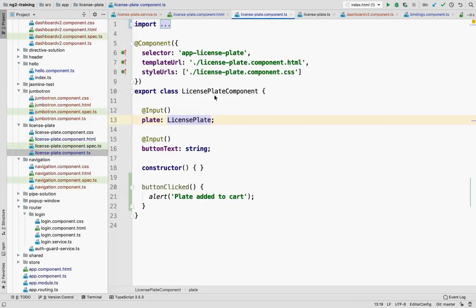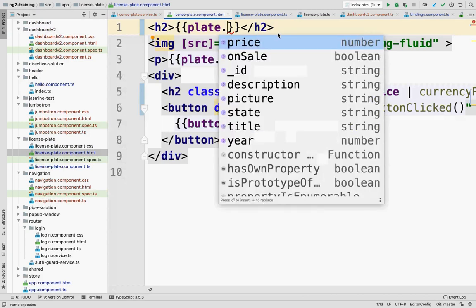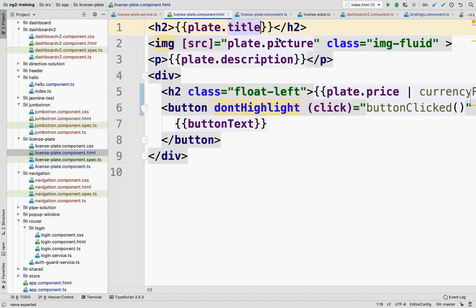And because I told my component that the data it would get is a license plate, when I go to my template here, you'll see that I get assistance from my IDE. So it knows all of the different properties I can access from a plate because of the type info that we gave earlier. So that's another big benefit that we get from TypeScript.